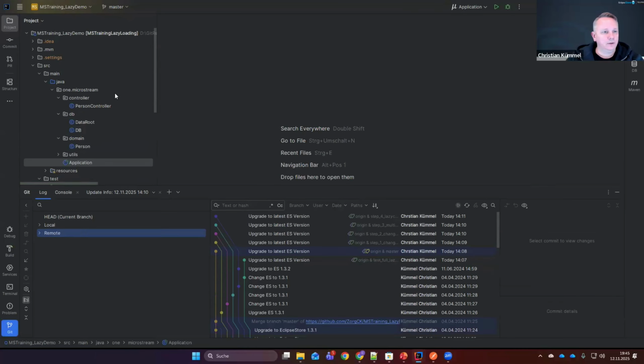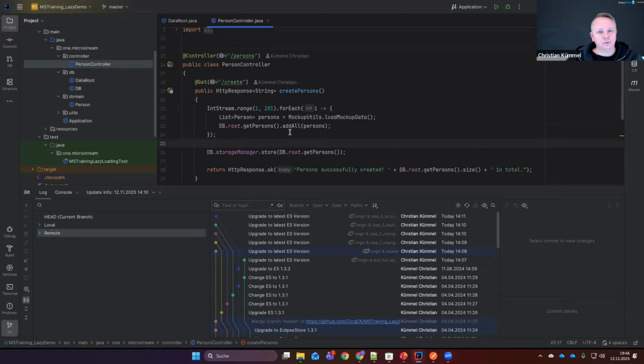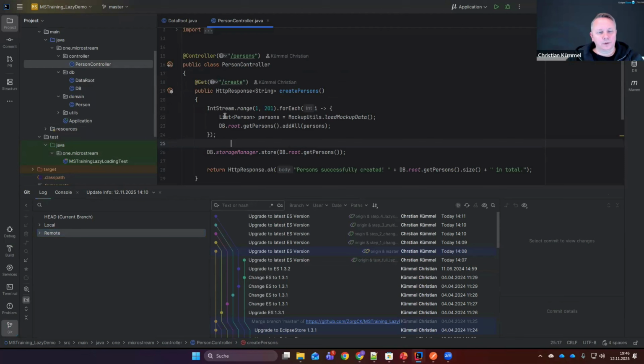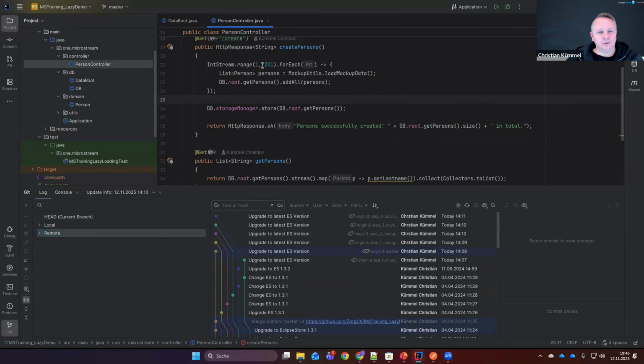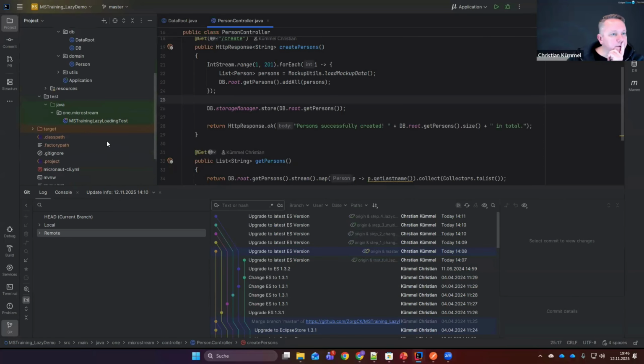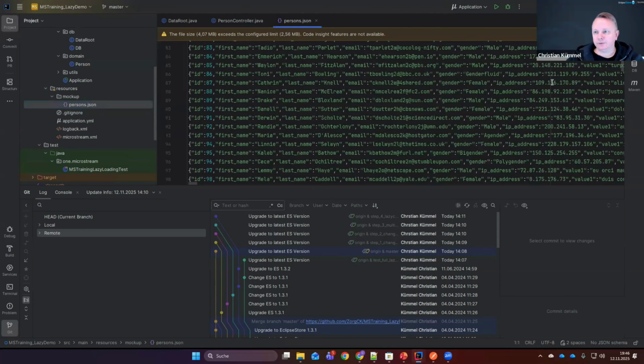Let's have a short look at the data root. We see there is a list of people here, and there is one controller interface to create multiple people. There is a range of 200, and let me just double check where it is. Resources, mockup. Yeah, there is a person JSON file, and it contains 1000